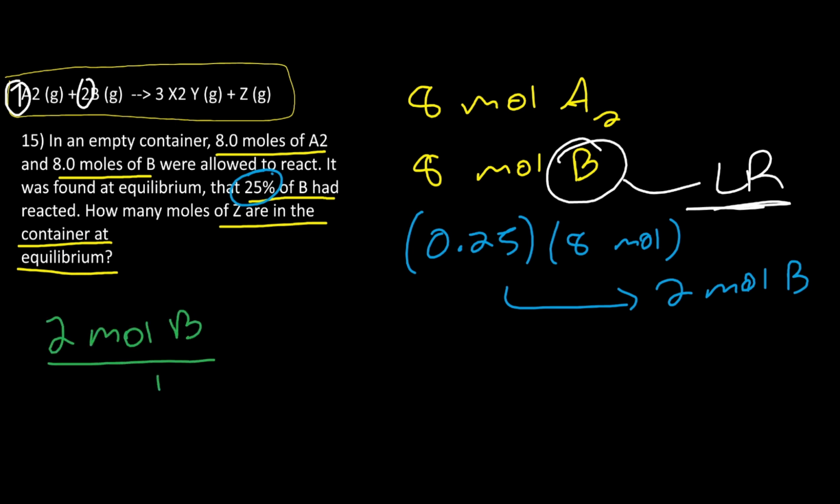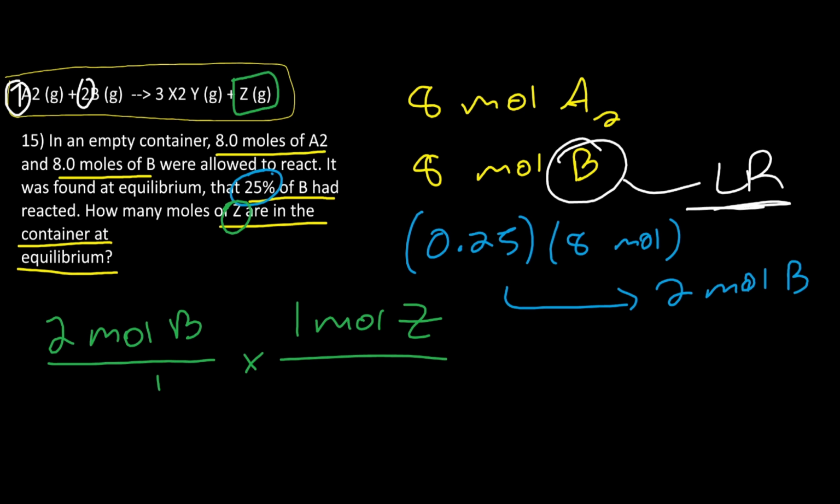So where we go from here is we take our 2 moles of B, and using dimensional analysis we can find out how many moles of Z were produced, because that's what we're trying to find out in the end. We're trying to find moles of Z. And all we have to do is use our stoichiometric ratio. So we can see that 1 mole of Z here. So we're going to say 1 mole of Z for every